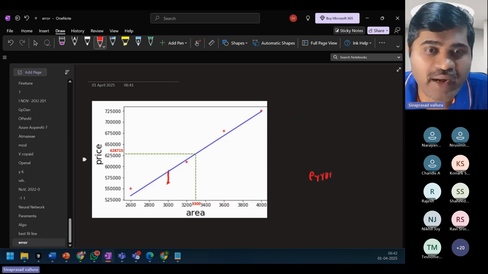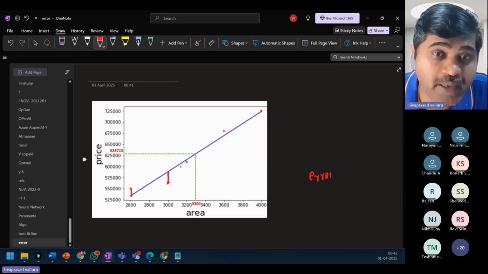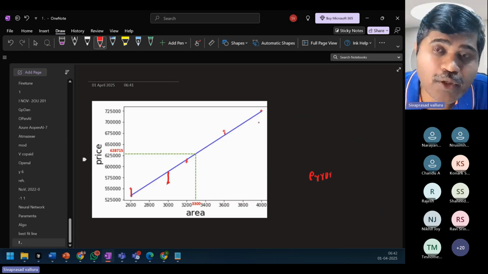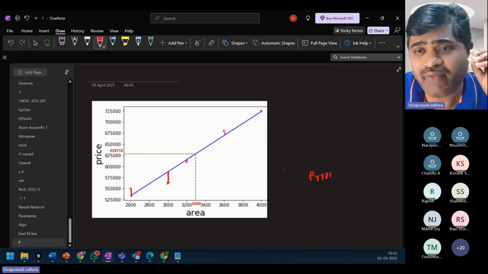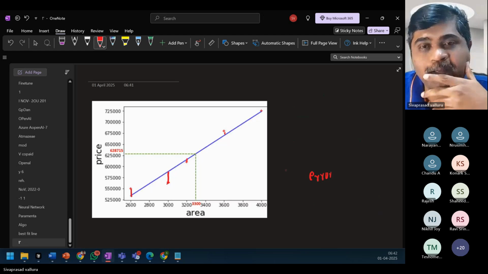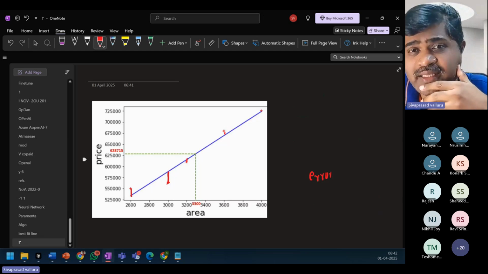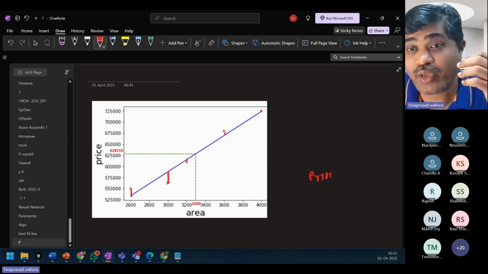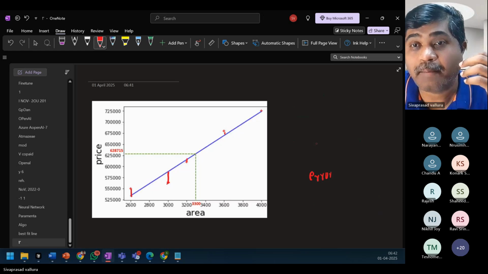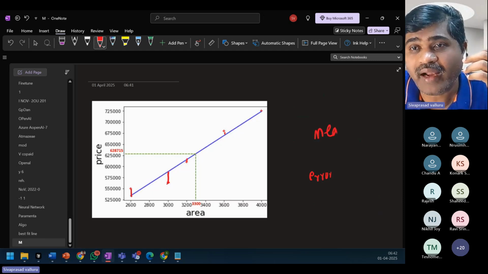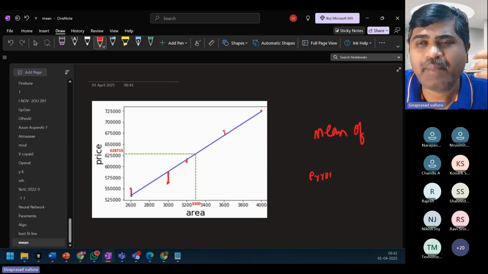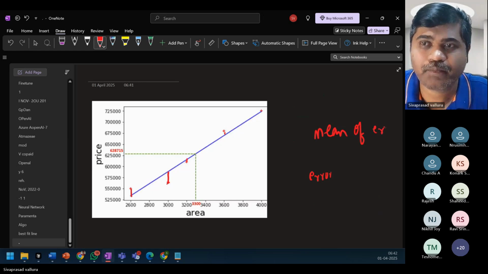Here also there is a little bit of error. So there will be some error from every data point. So if I have to say that this is the best fit line, I have to calculate the mean of error. Mean means average, you can think.